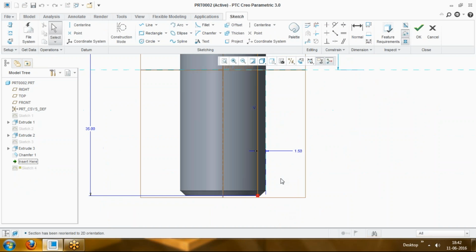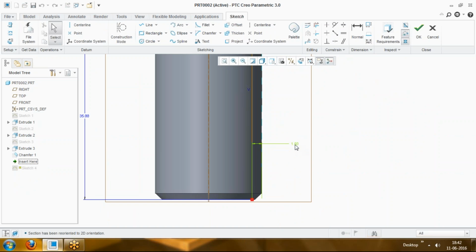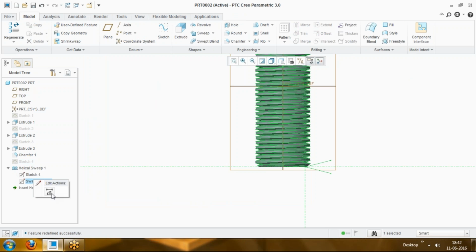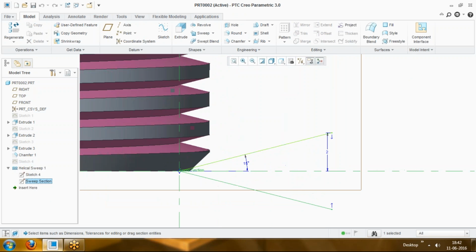And after that you can see there it will cut the profile, and the depth value we have specified is 1.50. And after that we just created one more section which is called sweep section. And now here I just gave the value of 15 millimeter, and that is around 2 millimeter,